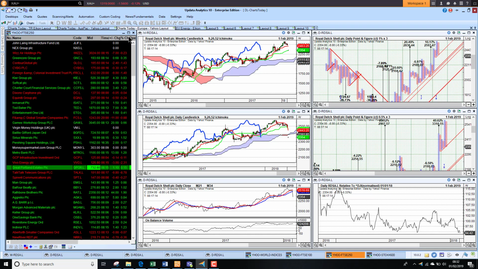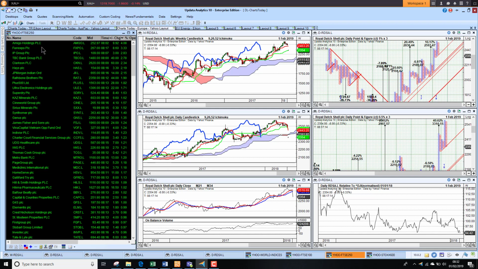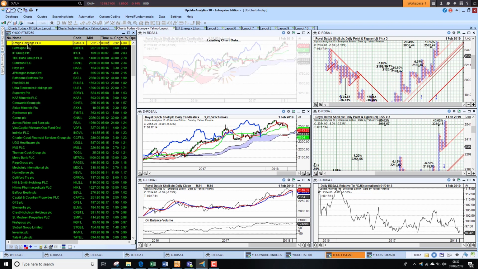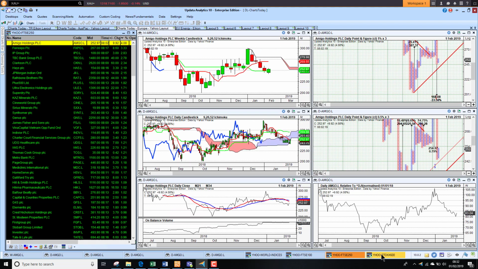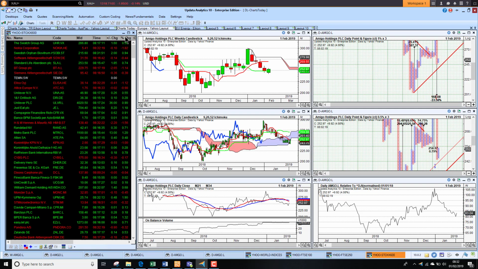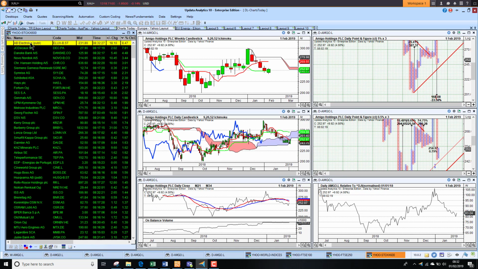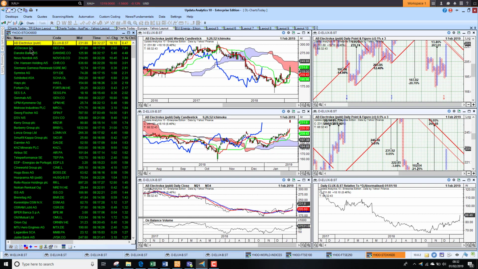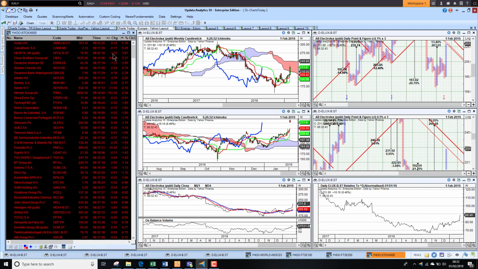FTSE 250, much the same picture here. We've got some pretty good results in the Amigo Holdings, Ferrexpo, and then looking to the Euro Stoxx 600, we're seeing here it's AB Electrolux is the leader, JCDecaux in Paris, and then Danske Bank. So we are seeing quite a lot of stocks up. Significant amounts, 8%, 7%, and then if we look at the downside in Europe, we have got a few still down, but that laggard board is not as bad, so it's outweighed by the leaderboard. So it looks like a relatively good end to the week for Europe.